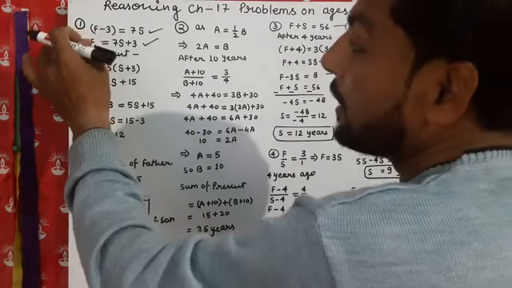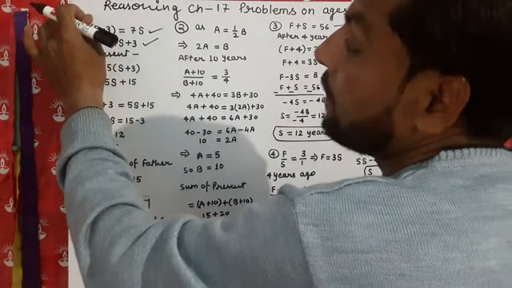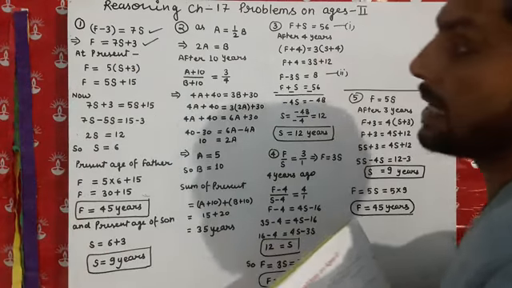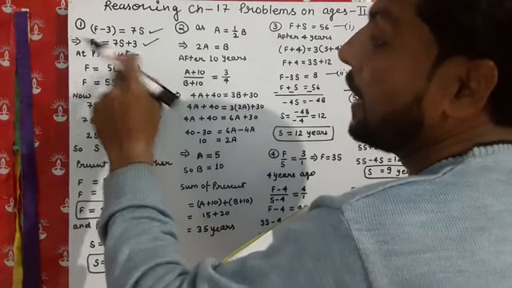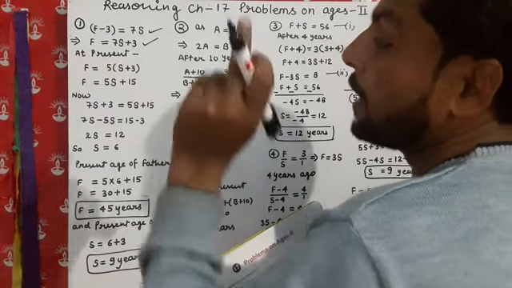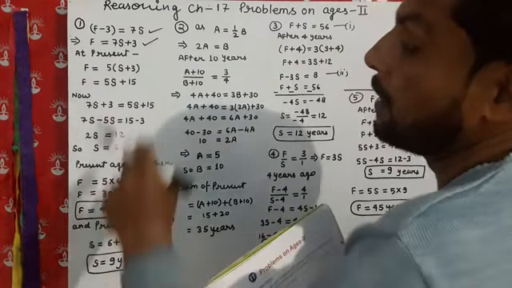So at that time, the age was f minus 3. At present we are going to add 3, so it becomes f, and also we have to add 3 to s, so it becomes s plus 3. And the question is saying that the father's age is 5 times the age of the son at present. So s plus 3 is the present age of the son. So f is equal to 5 times s plus 3. Now multiplying, f is equal to 5s plus 15.